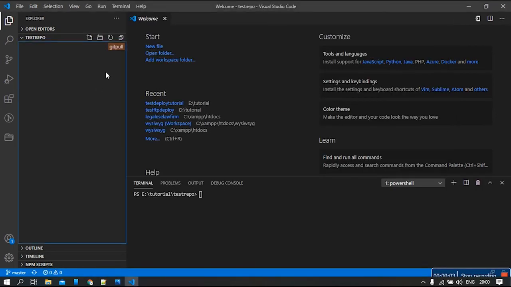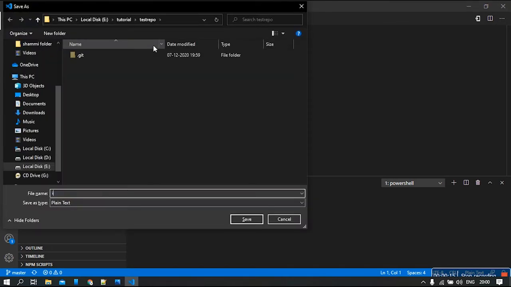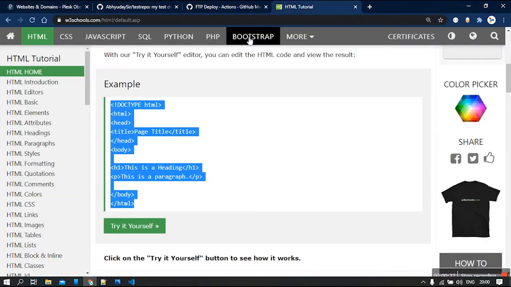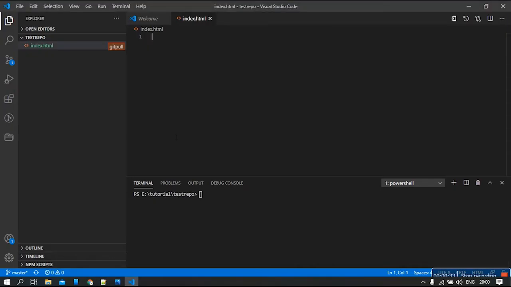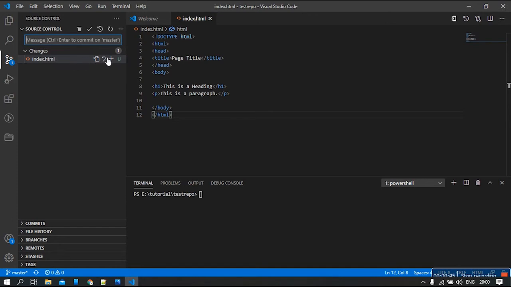Our local development environment is all ready, and now we can begin with creating a new file in the local GitHub repository. Essentially it's going to be index.html. People who have worked with HTML probably know why I kept this name. So I'm going to save it, index.html, and I have to put in some code to it. So what I'll do is I'll copy the code from W3 Schools. It is some basic HTML, and I'm going to paste it right over here with a save operation followed by it. And you can see that I have my Git actions taking place.